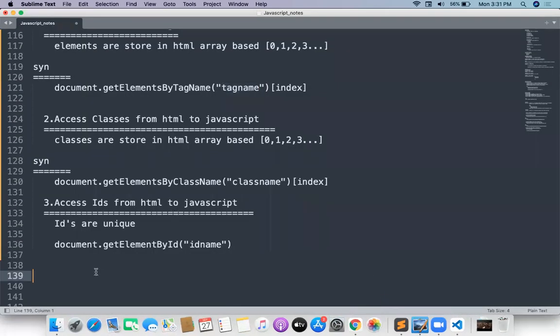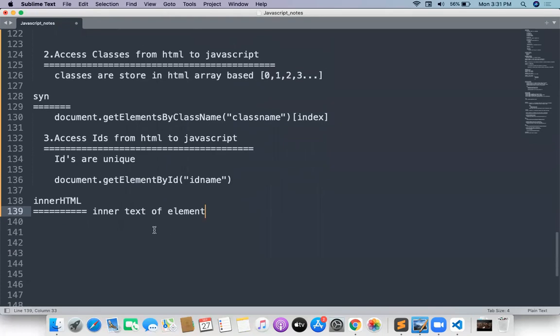The method is very simple, inner HTML. Inner HTML is the method where you can work with the inner text of the element. Am I clear, everyone?